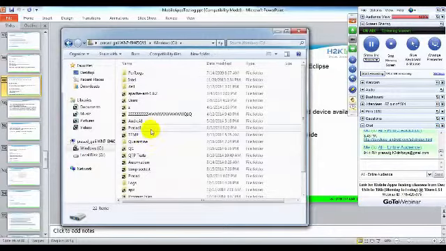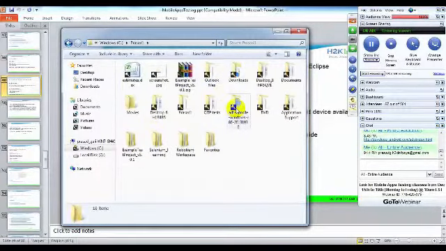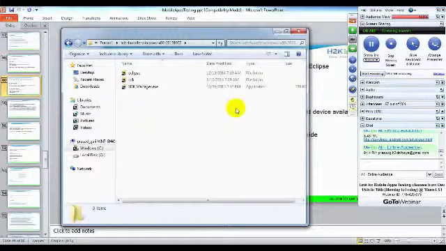I kept my SDK here. Open it, and you can see three folders: Eclipse, SDK, and SDK Manager. Eclipse is used by the developer to write code to develop the application, and the SDK has a lot of tools which help you in testing or developing your Android applications.